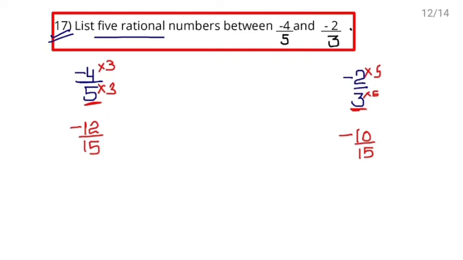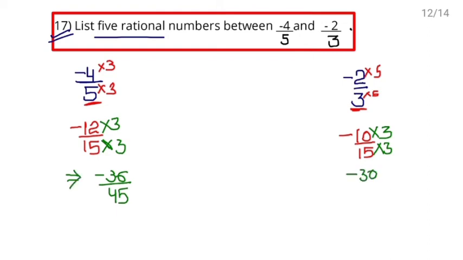So what we will do here, we will further multiply the numerator and denominator with the same number, right? किसी नेक्स्ट नंबर से मल्टीप्लाई करके चेक करते हैं. 3 से मल्टीप्लाई करते हैं. आपको बस ये चेक करना है जितने भी रेशनल नंबर पूछे हैं उतने इंटीजर्स न्यूमरेटर के बीच में आ रहे हैं या नहीं आ रहे हैं और डिनोमिनेटर शुड बी इक्वल, राइट? Now it becomes 12 3s are 36 of minus sign, 15 3s are 45. This one 10 3s are 30 of minus sign, 15 3s are 45.